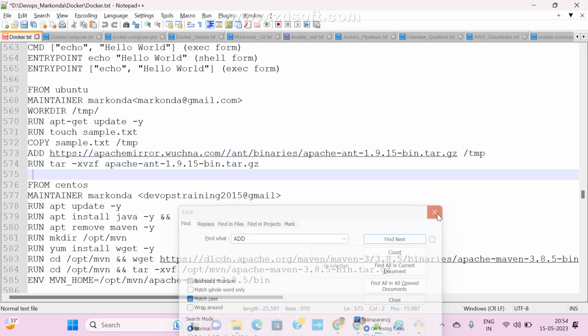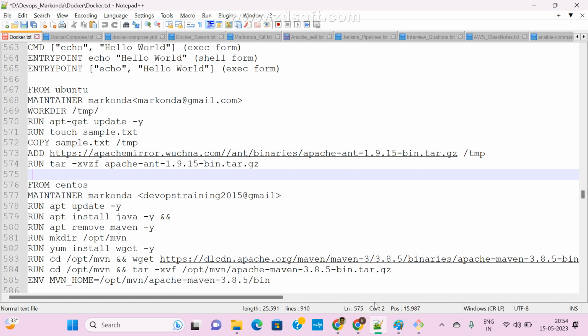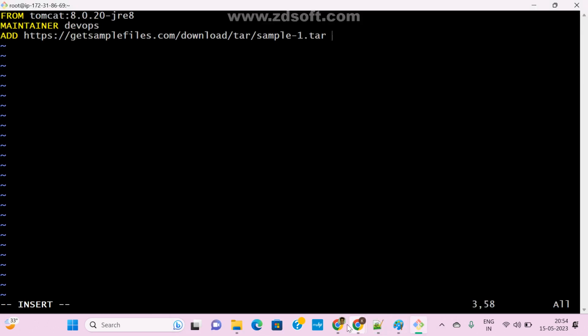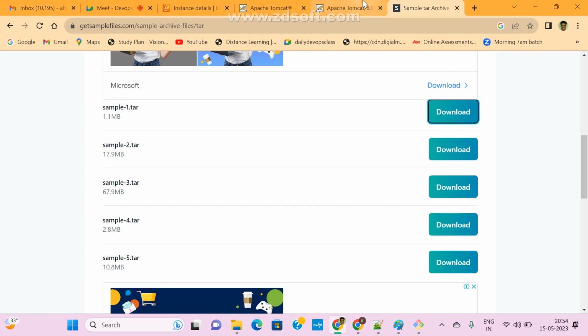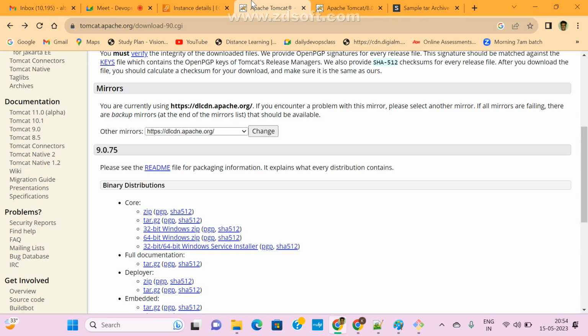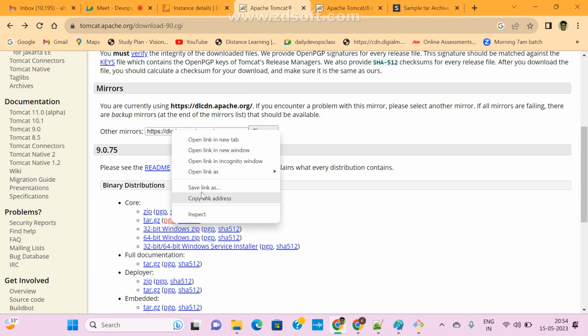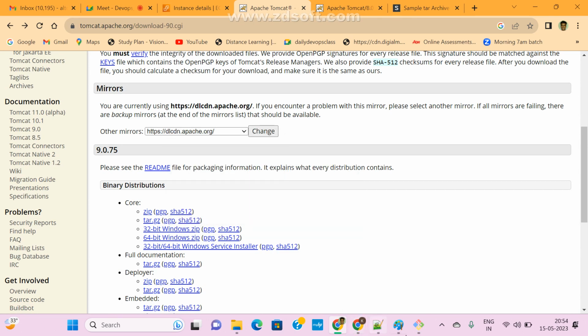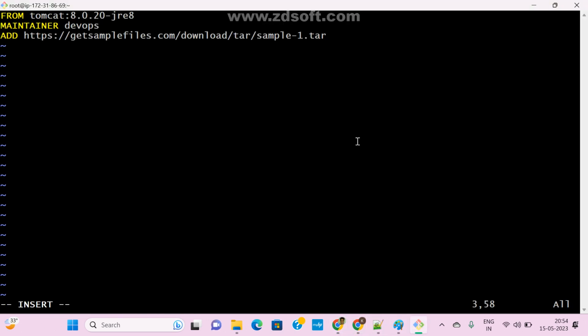Let me try. So download Tomcat. This is one, right? Copy this link. Coming to here, we can download anything. ADD means we can download from remote also.